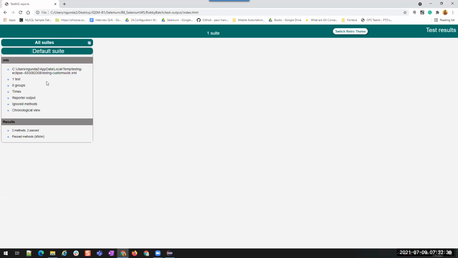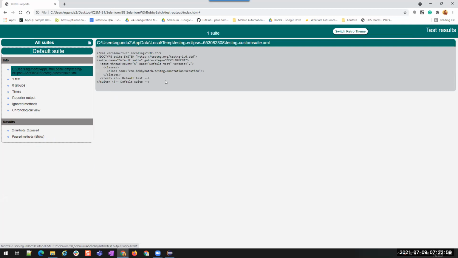Okay. So did we create any XML file? No, right? We didn't create any XML file. But if you see the info, the default suite, there is some XML file from the AppData local temp folder. Did we create the XML file under these folders? No, right? We did not create it. But since TestNG needs an XML file for its execution, if you don't have any XML